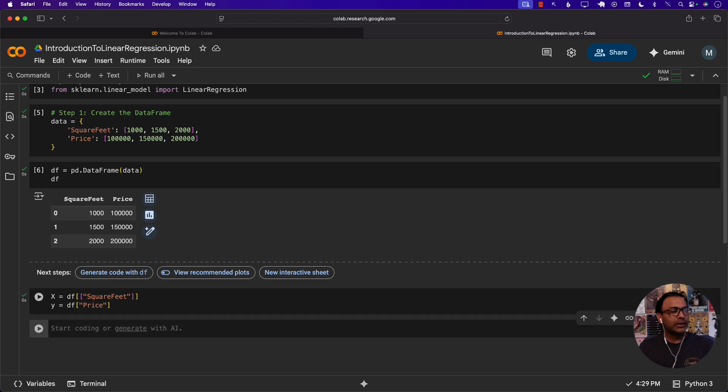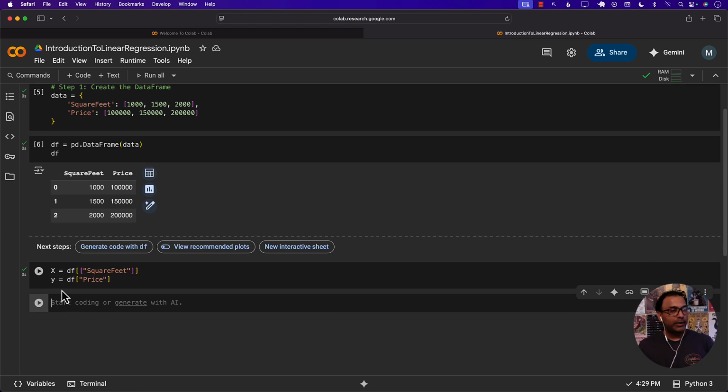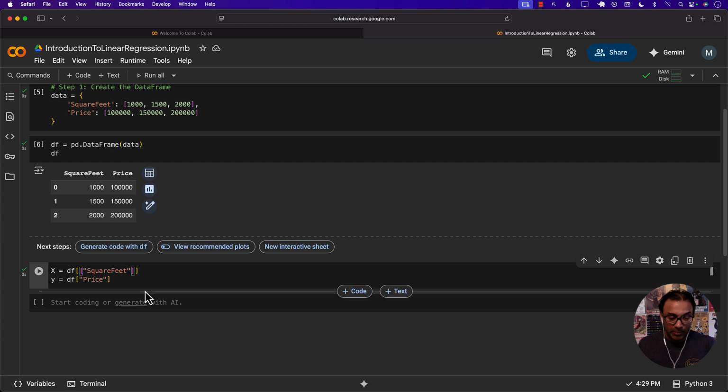And that's just a convention. It's not like you have to use X, you have to use Y. You can use anything you want, but that's just a convention. All right? Next, we have separated them out. And you can think about this in the future, that if you had a lot more features like square feet, number of bedrooms, number of bathrooms, number of this, number of that, then you can actually add a comma and pass in more stuff over here. But right now we only had